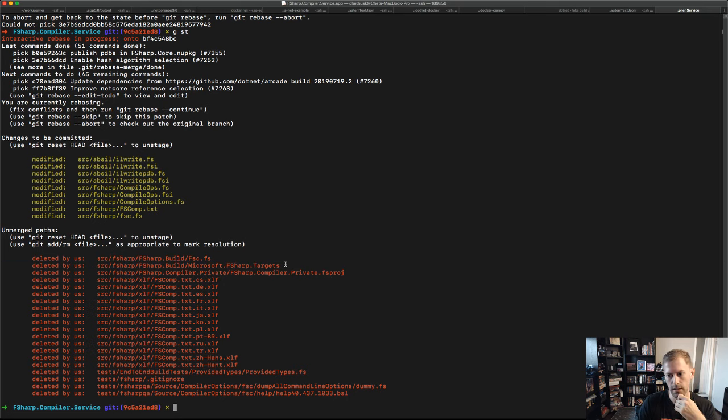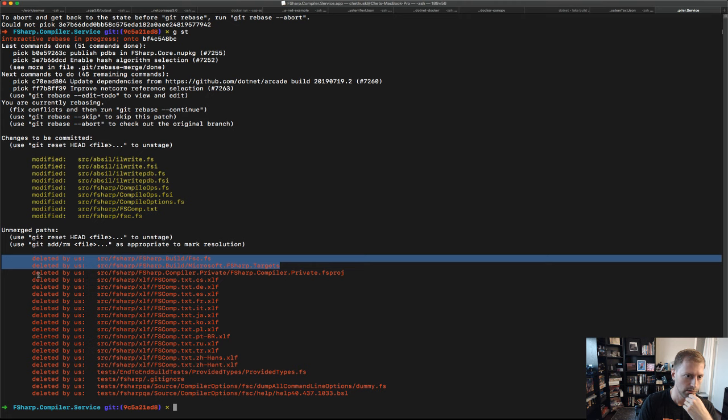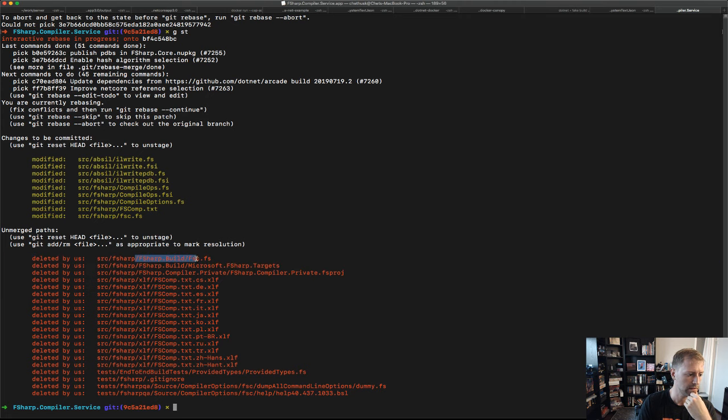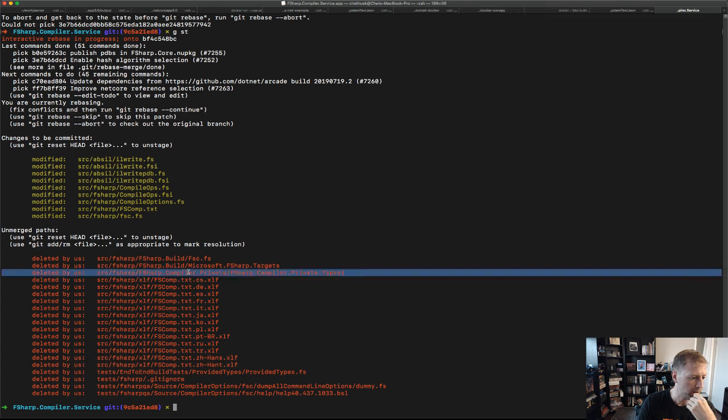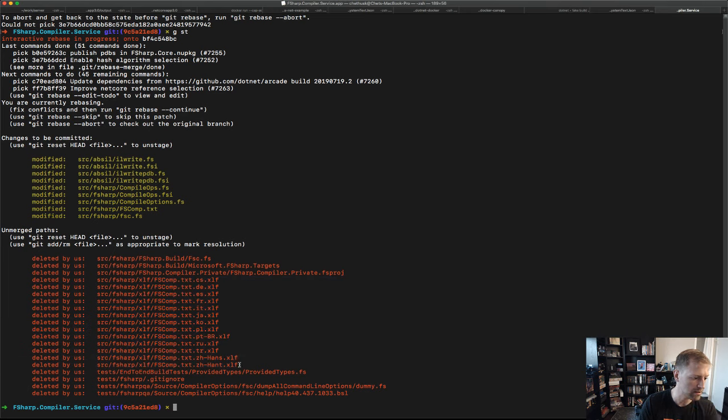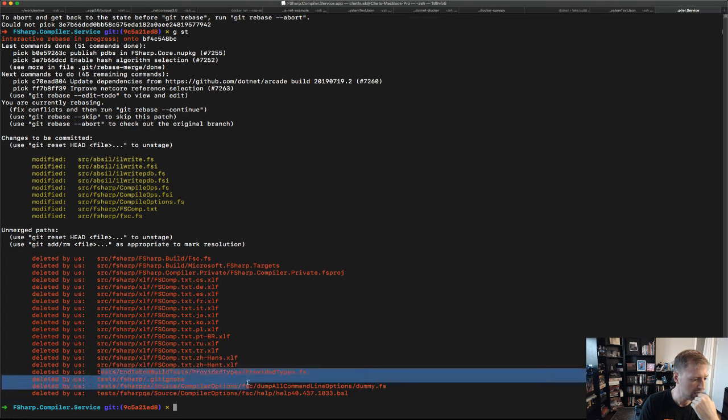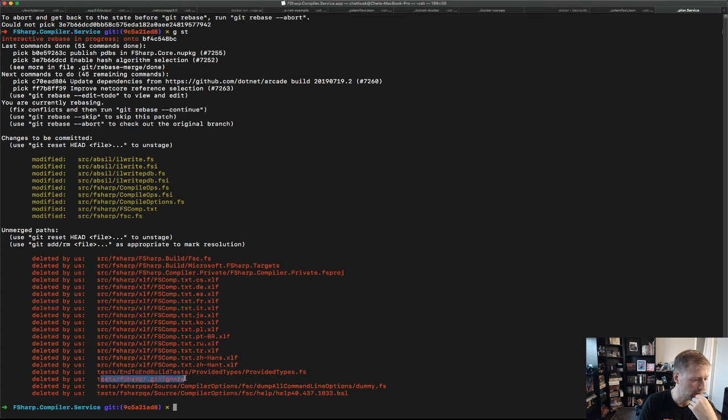FSharp build is the MS build targets, or sorry, the .NET SDK targets and things like that for invoking the compiler. We don't care about those at all. We don't build or provide those. FSharp compiler private, again, we don't do that. We don't care about any of the localization stuff. Don't care about end-to-end build tests. Don't care about test FSharp at all, and don't care about test FSharp QA. So same sort of thing here. Just remove